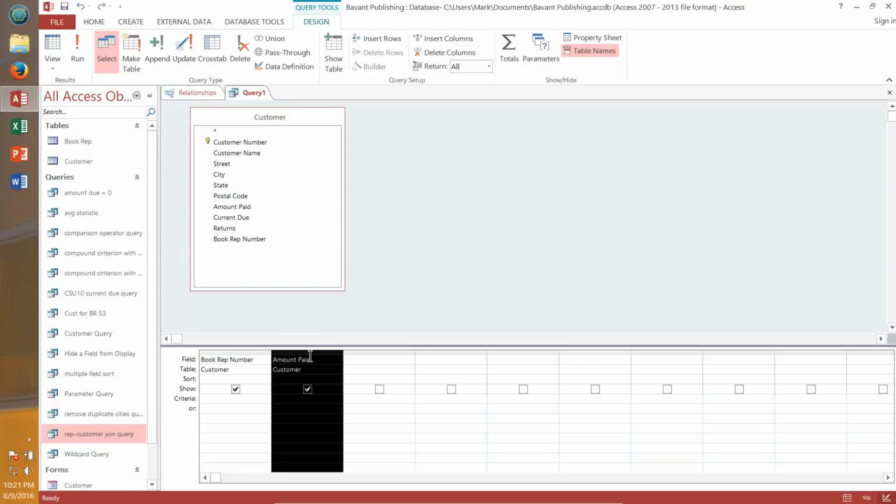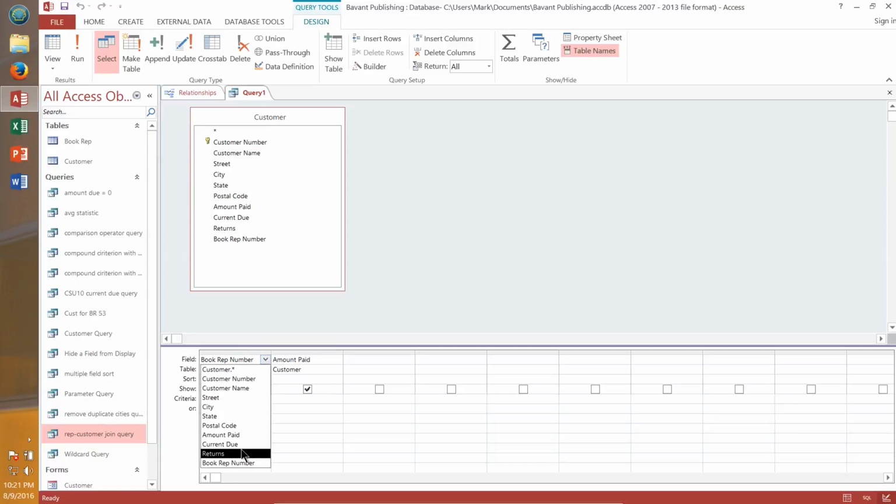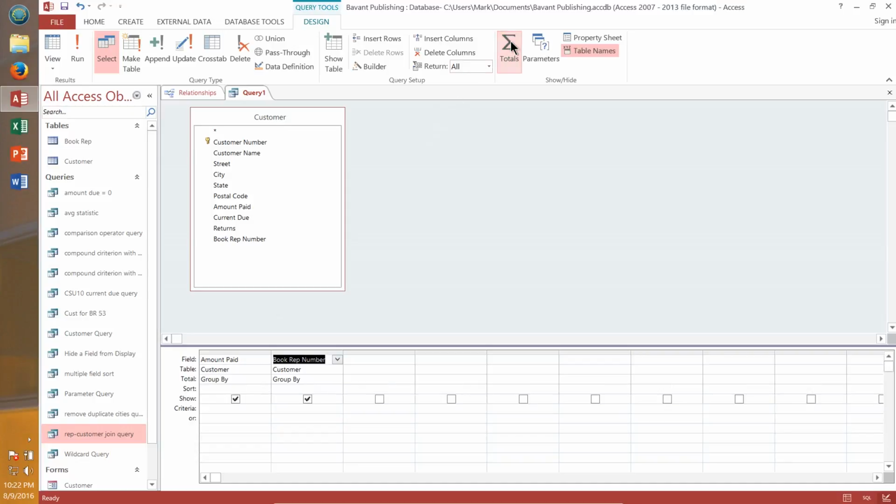I actually would rather have the amount paid be first, so I could click the drop down and select amount paid here, and over here I could just as easily select book rep number. Now, I'm going to turn on totals again, and in the group by for amount paid, I'll go to total and change the amount paid to average, and for book rep number